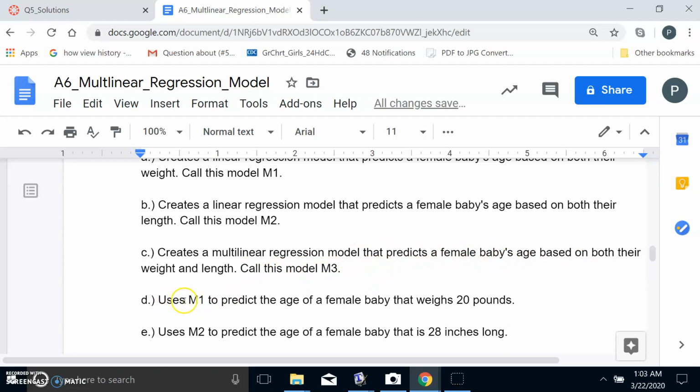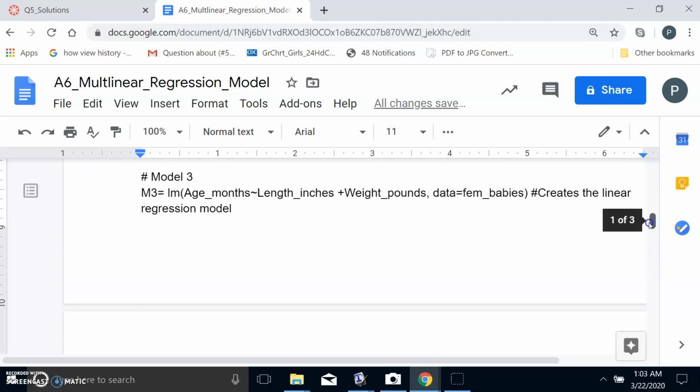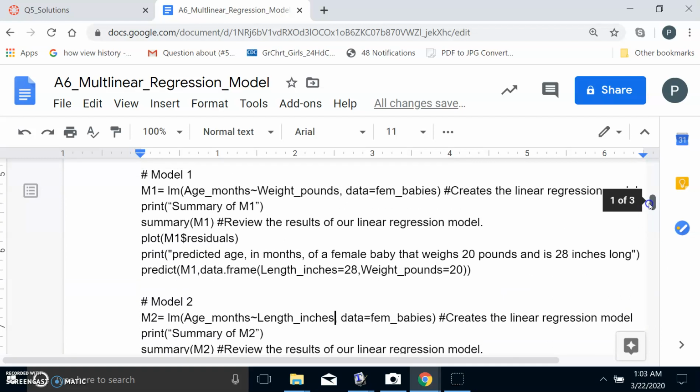Then we have to use M1 to predict age of female baby that weighs 20 pounds. So for model 1 we have to predict what a weight of 20 pounds. So just take away the length here. There'll be predicted age in months of a female baby that weighs 20 pounds, so it'd stop here. And then the next part,